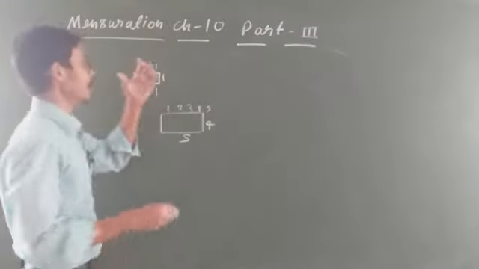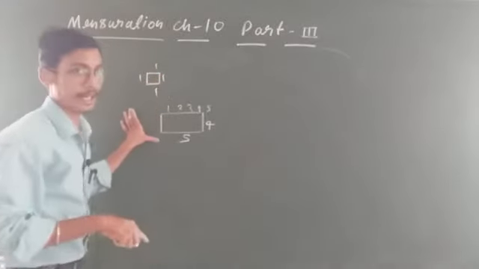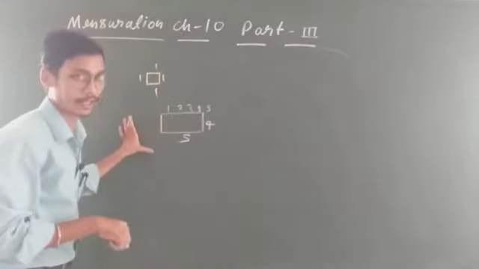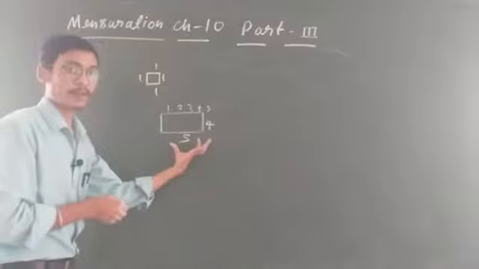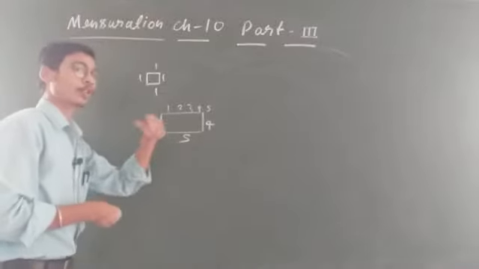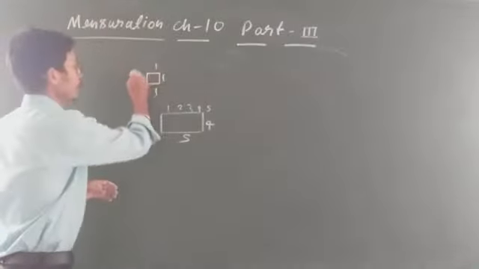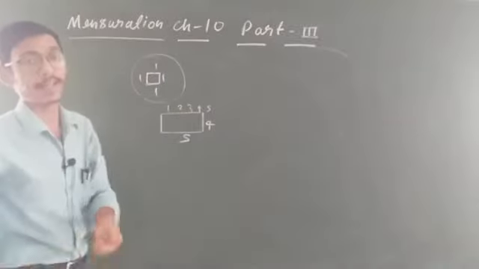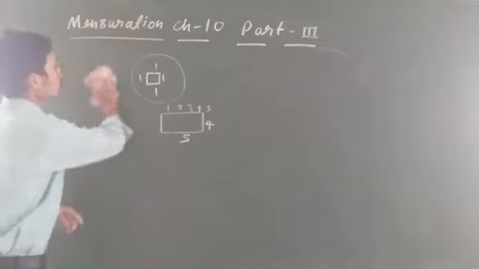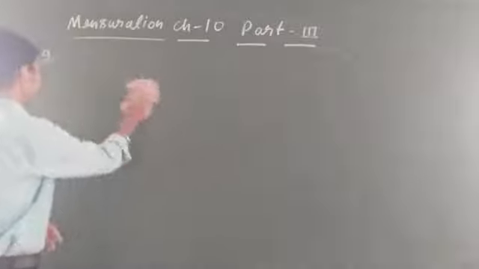5 flower beds. And the area is given in the form of a rectangle, whose length and breadth are given. So you have to find out, after putting 5 flower beds, how much land is left. Clear? So now the same concept we have to apply like carpet.